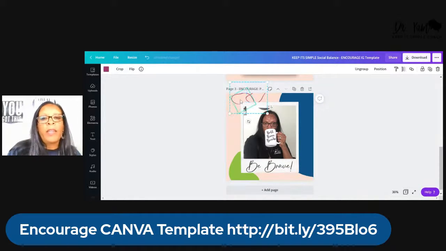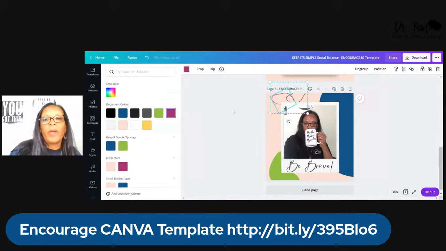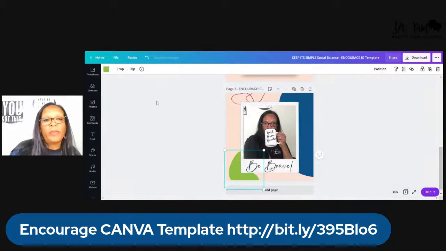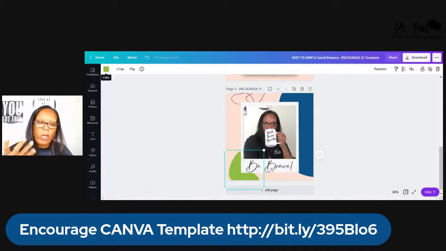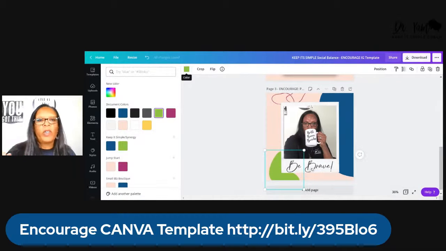So you can click on any of them, change the colors, change the font to match your branding font, change the colors to match the colors that work best for you, all of that, okay? Change each one, just click and drag and change them out. You want to change it, make it purple, make it purple. The whole point is you now have 4 images that you can simply create by just making a quick edit,